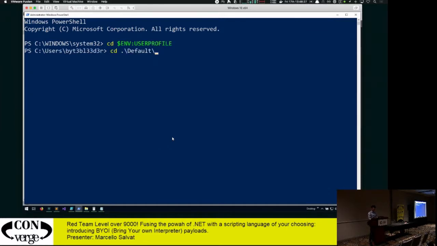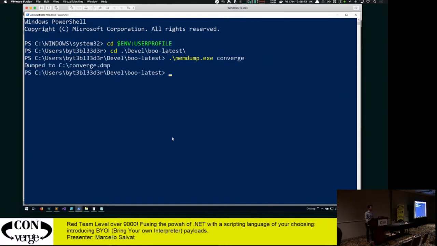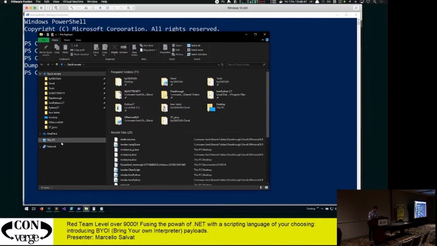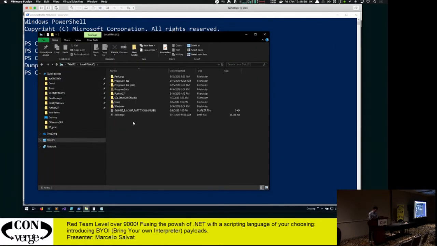All right, we have our memdump program here, and we're going to give it converge. Perfect. Dump to converge.dump, and if we go to the C folder here, you can see that